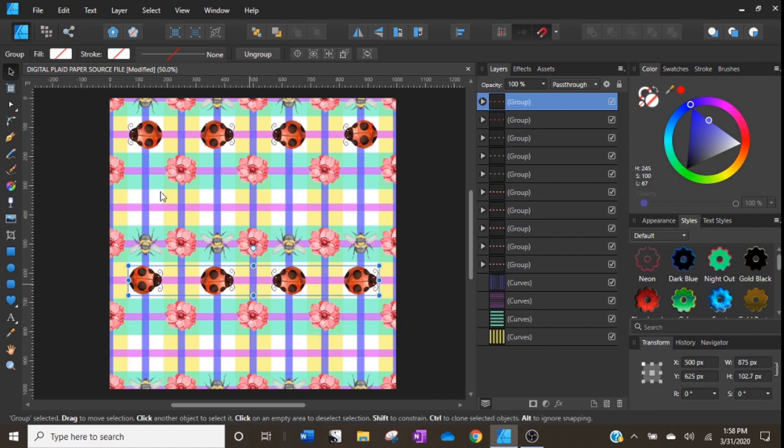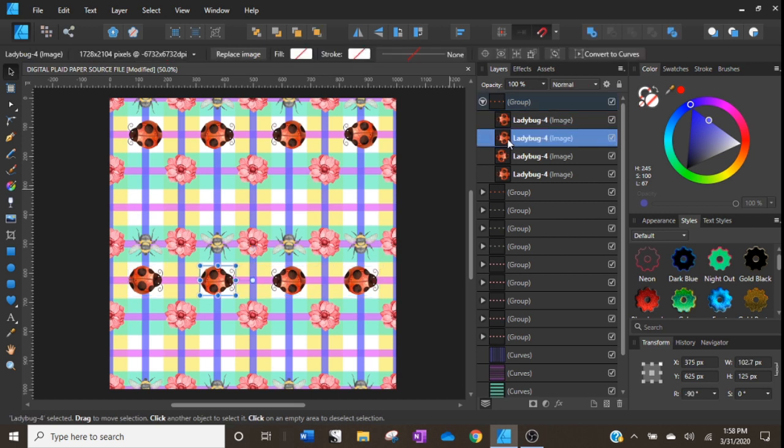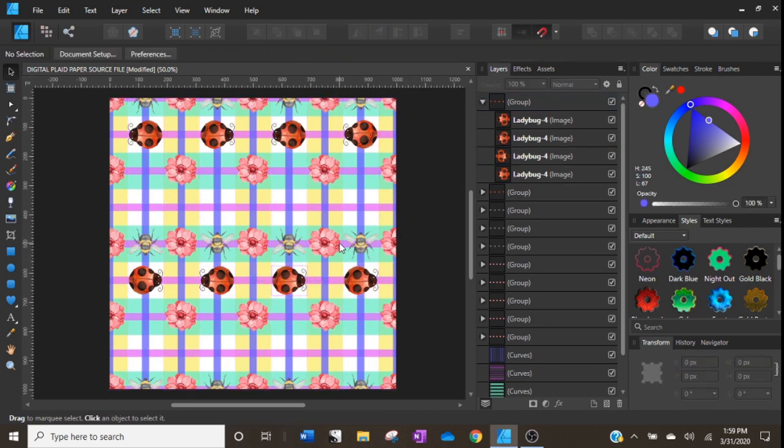Oh, they didn't all flip. I guess I never noticed that before, that it didn't actually flip all of them, and I'm not sure why. So you notice that these two in the middle did not flip, which is a little odd. So we will just select them individually and flip them horizontally since they weren't cooperating. I don't really have any idea why, because they should have just gone. But anyways,